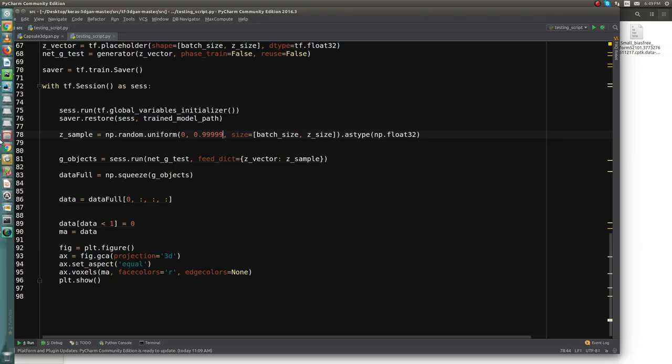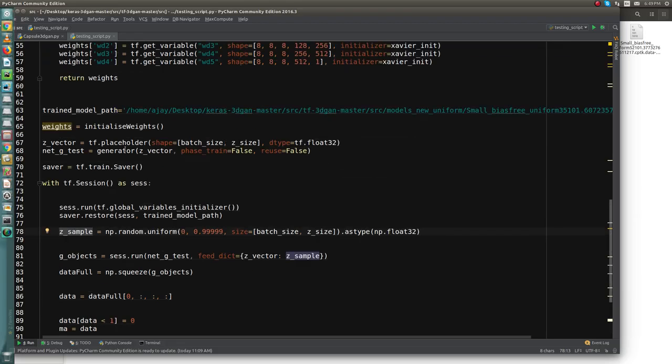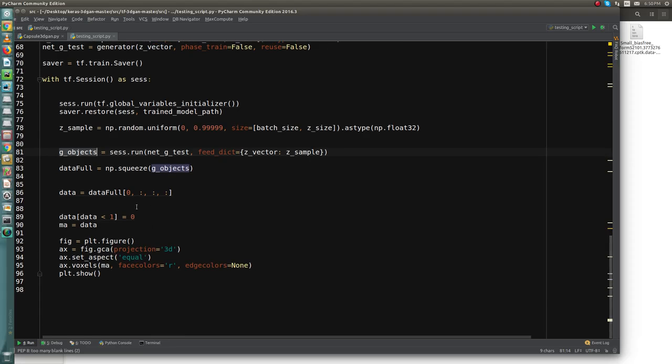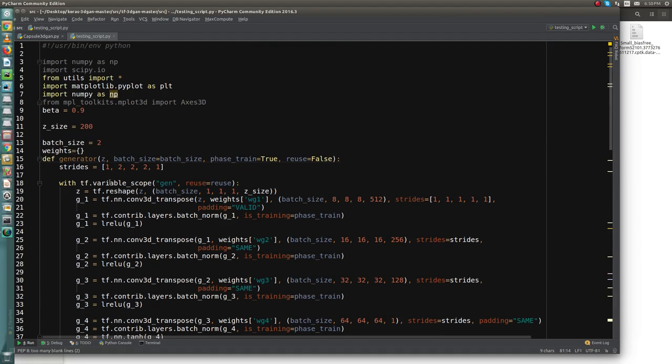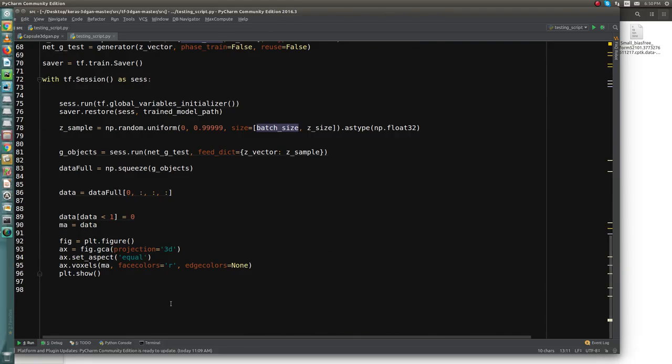A uniform random distribution of noise will be fed into the generator, okay guys, and it will produce an output vector once the session is run. I have used only a batch size of 1, I guess 2. The first output I'll show with the help of matplotlib.